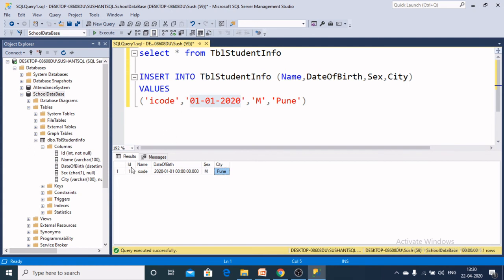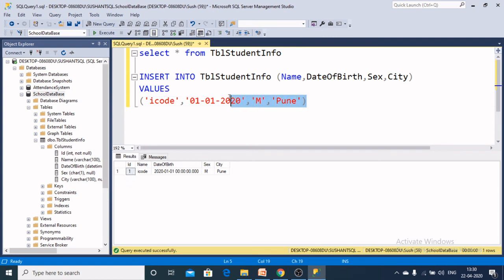Here you can see we are not inserting data for ID column, but still we are getting value for ID column. So how is it coming? When I was creating table, I applied identity constraint to ID column. So that's why this column will automatically generate it.